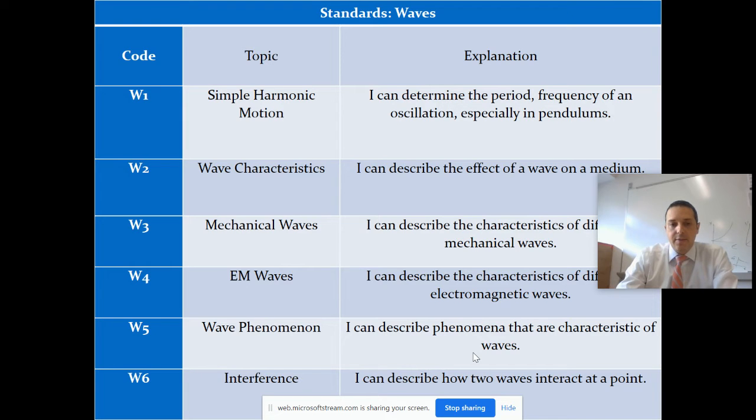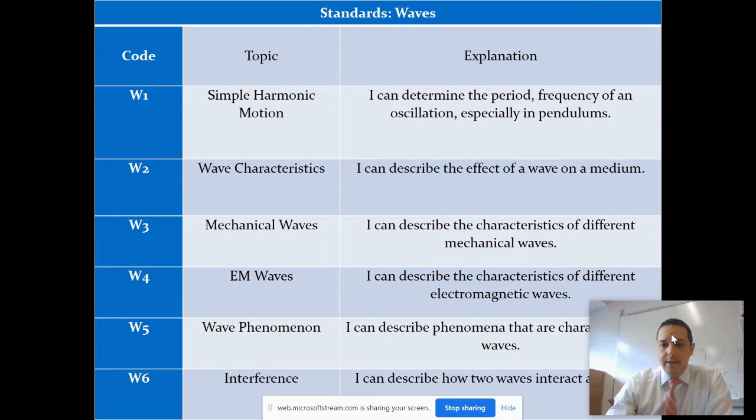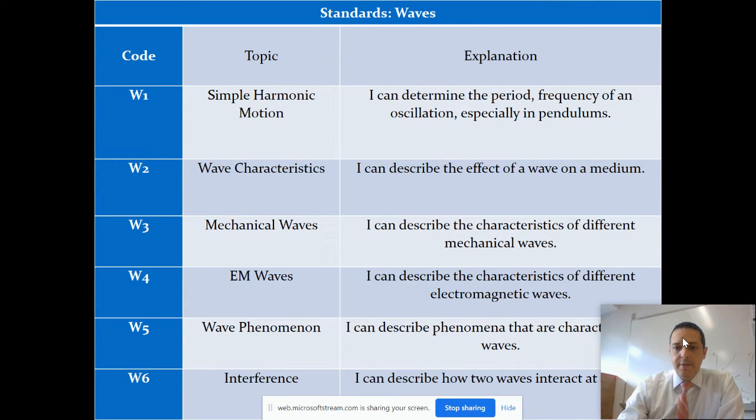There are characteristics of waves. And these phenomenon, which we're going to talk about individually, are things that happen with waves but don't happen with things that are not waves. So when waves propagate, they all develop and show these particular phenomenon, and they're specific to waves. So let's go ahead and start getting into this.